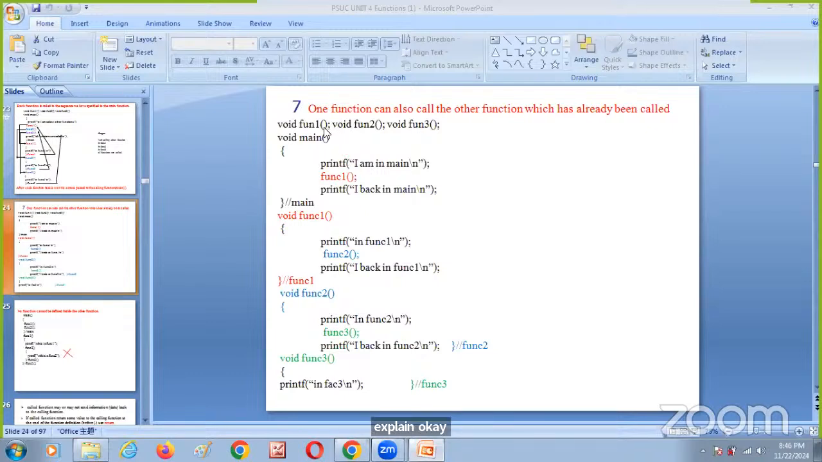What is the first thing initially? How many functions have we declared? 3 functions. I will repeat it. Function 1, function 2, function 3. There are 3 functions we have declared. Any program has to start with what? This is called the declaration section. In the declaration section, we have just declared function 1, function 2, function 3. And main,